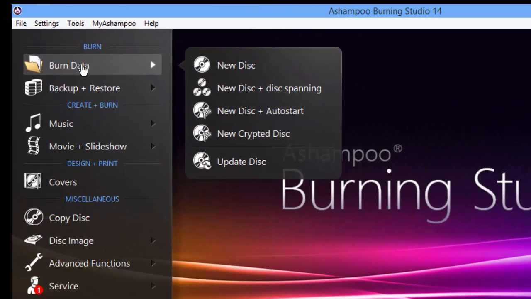But if you go to the right menu, not new, there are expanding discs where you'd have them running one after the other, auto start, encrypted. You can have them encrypted, but for this purpose,